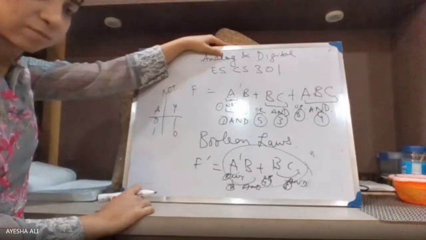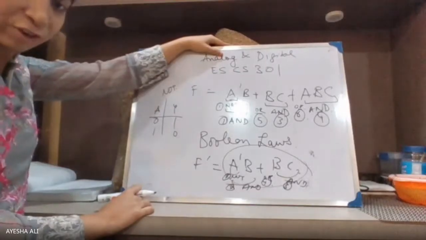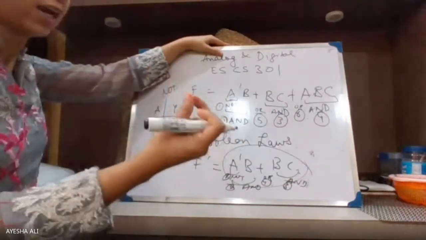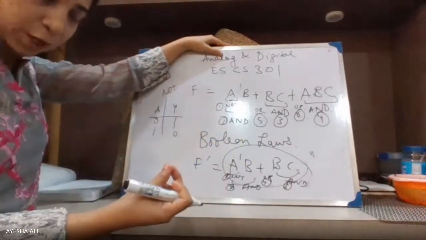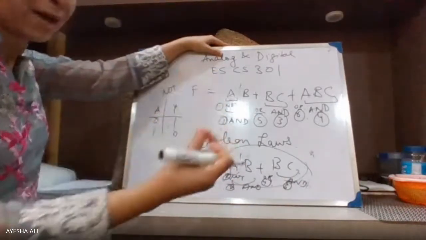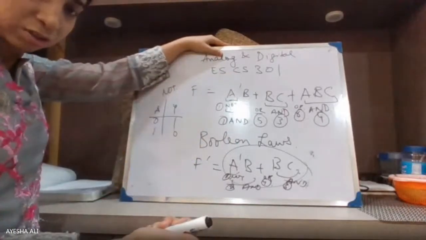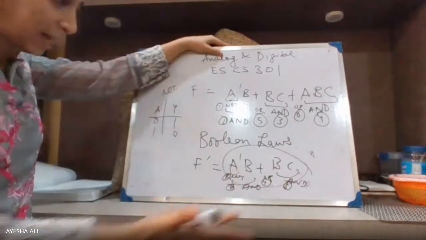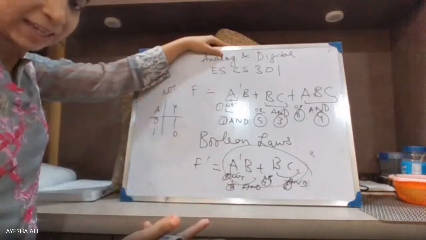Here, how many gates am I using? 4. So is it not helpful? Each gate, when you purchase one logical gate, incurs a certain amount of cost. So the moment you go for minimizing an expression, less hardware will be used, cost incurred will be less, the efficiency of your entire circuit will increase, and speed will increase. How will speed increase? Whenever